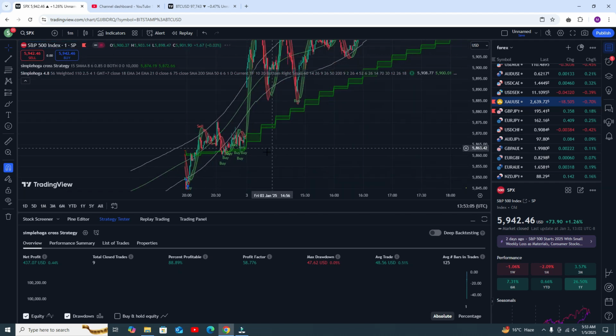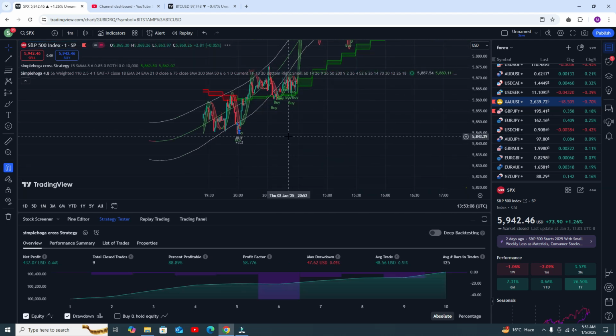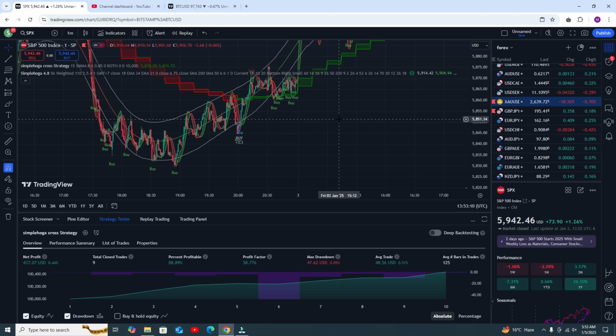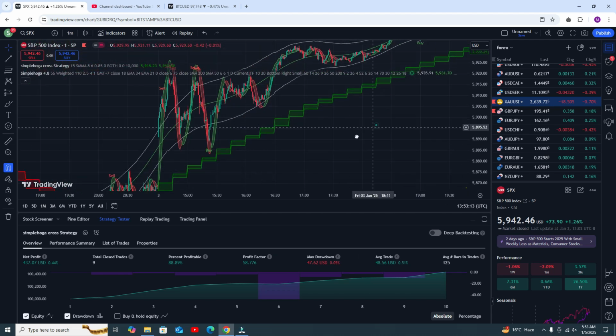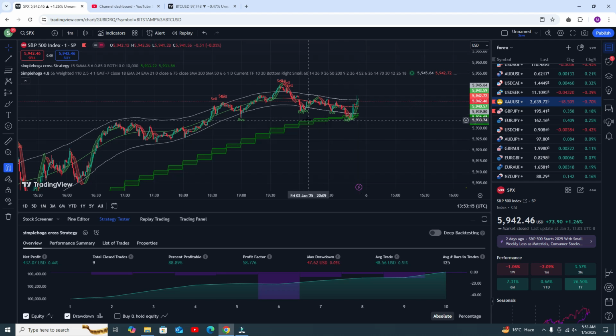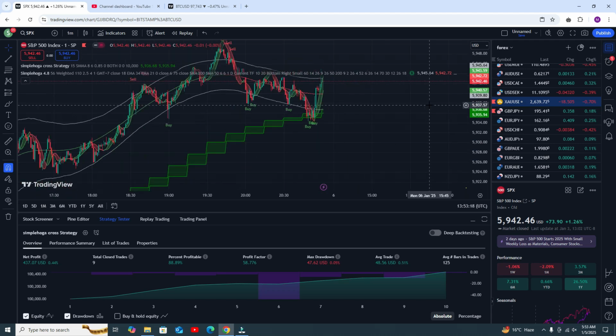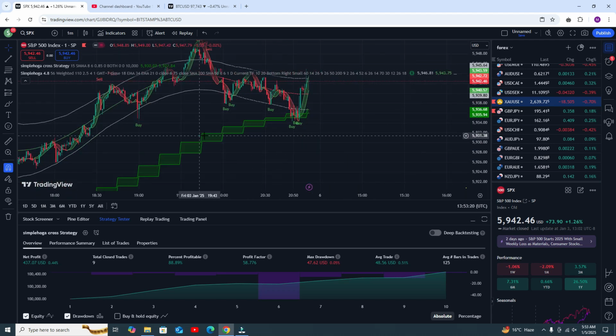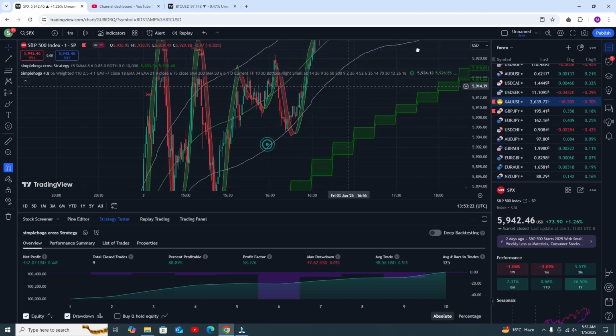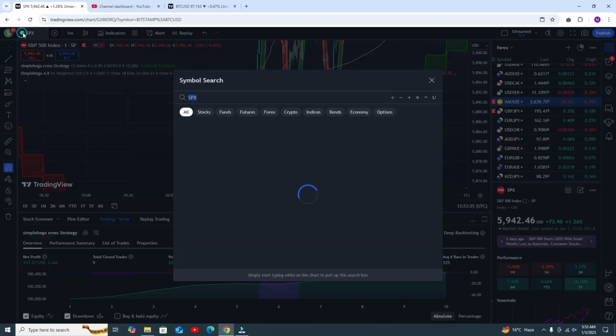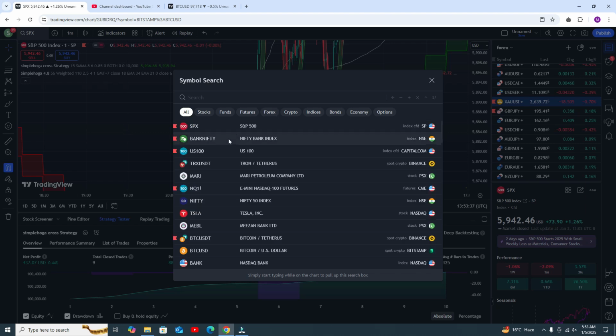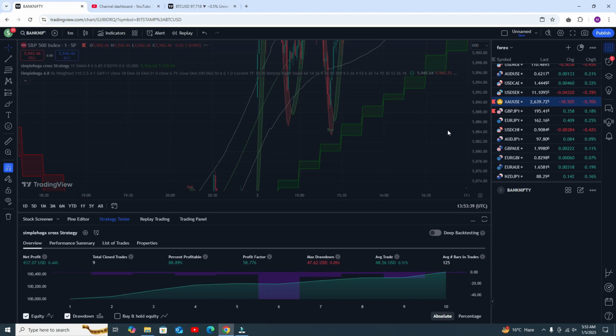Watch out, and that is awesome. You can see those were the most recent trades, and you can see the results. That is awesome. And let's see the results in some other pairs like the Indian market, because mostly Indian people are contacting me asking me to please show the results in the Indian market. So I will show you. Bank Nifty is the Indian market, and let's see.